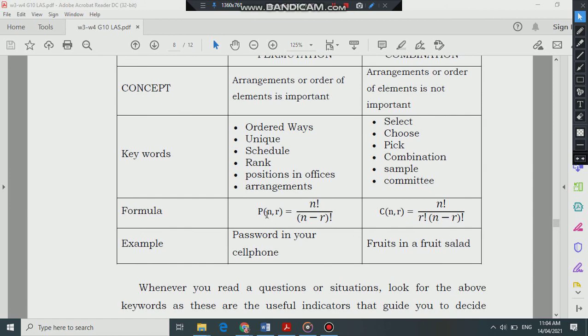For the formula, we have here the permutation of n objects taken r at a time equals n factorial over